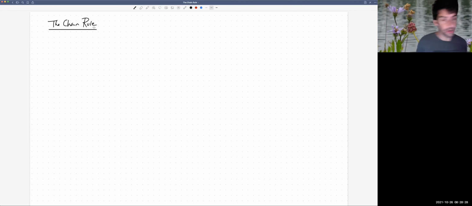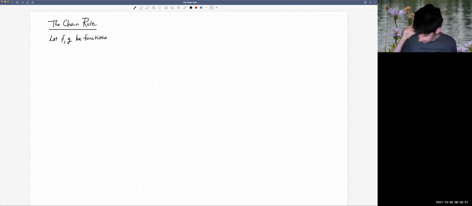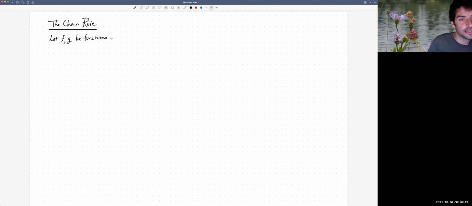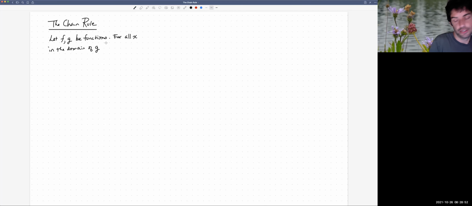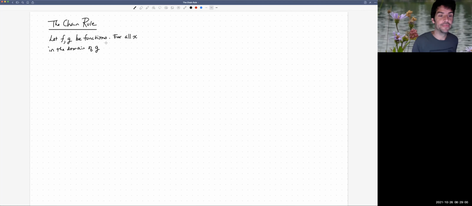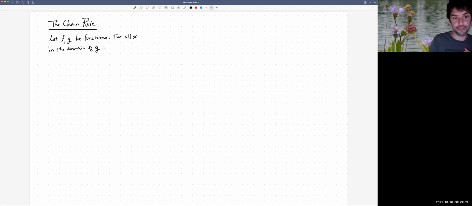So the chain rule, we're going to say, let f and g be functions, and for all x in the domain of g, such that, so here's where we have to be a little careful, right? We're going to input something to g. I haven't shown the composition yet, but that's what's going to happen. And we want to make sure the output can be dealt with by f. So the way we'll write this is for all x in the domain of g, so we're starting with something that g can handle,